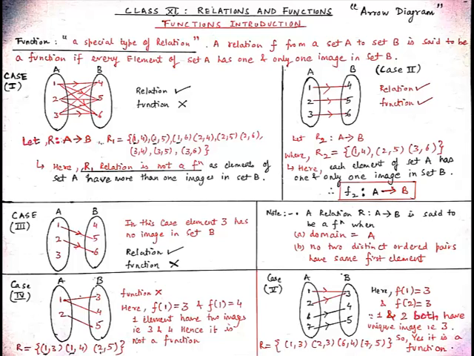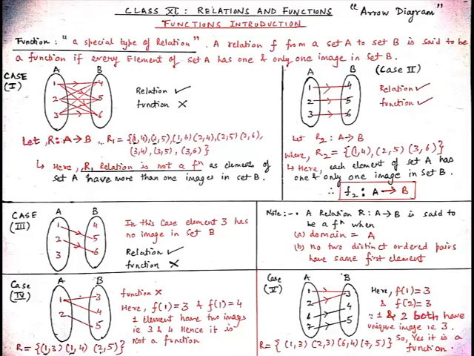Our first case is, as you can see, an arrow diagram where we have two non-empty sets A and B, in which the elements of A are 1, 2, 3 and elements of B are 4, 5, 6. Here 1 is related to 4, 5 and 6. Similarly 2 is related to 4, 5, 6 and 3 is related to 4, 5, 6. Let us define a relation R1 which is equal to {(1,4), (1,5), (1,6), (2,4), (2,5), (2,6), (3,4), (3,5), (3,6)}.